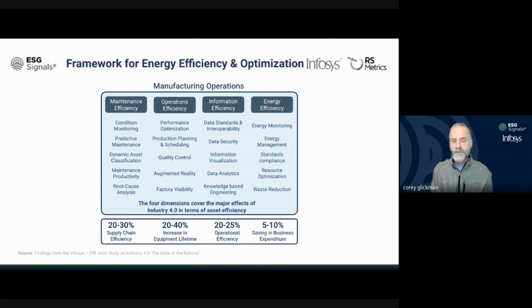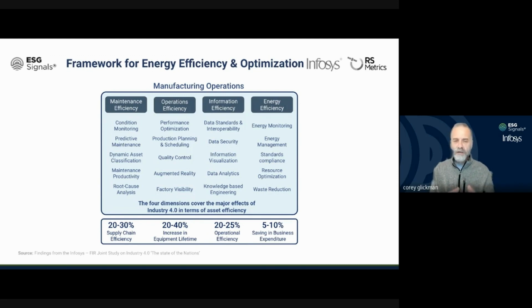And then the last part is the energy efficiency. We are constantly able to monitor our energy. Hopefully, we're also deciding to use renewable energy sources coming into our systems. It's not always our option, but we try to push this wherever possible. How do we do the energy management? How do we think of transitions? What are the standards and compliances? That goes from region to region, corporation to corporation. And then also, how do we deal with waste reduction? As we apply energy, we're talking about 5 to 10% savings.